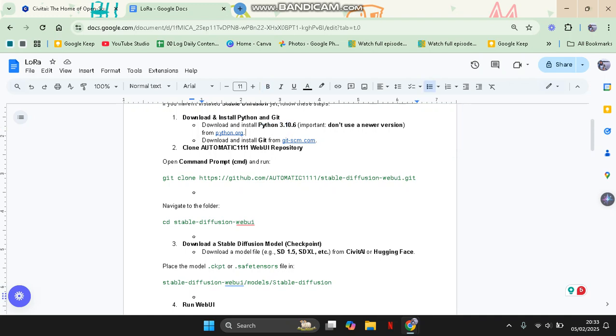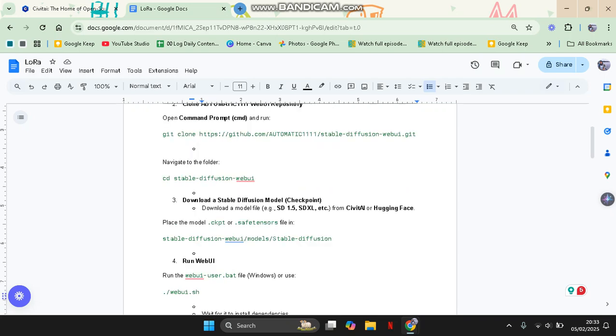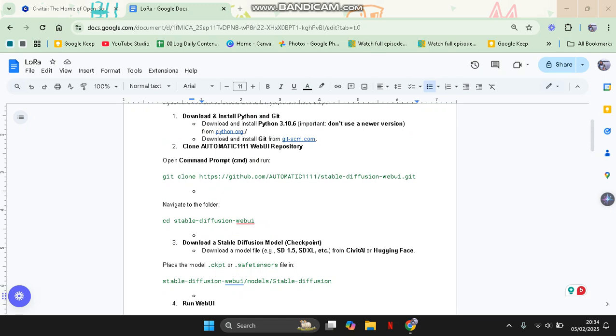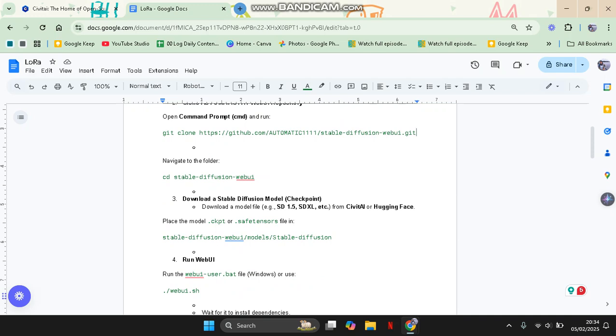And after that, you can download and install Git from git-scm.com and clone the Automatic1111 web UI repository. After that, you can just open the command prompt, cmd, and then run this one right here, the git clone. You can just copy this on the command prompt. And after that, you can just navigate to the folder, cd stable-diffusion-webui, and download a Stable Diffusion